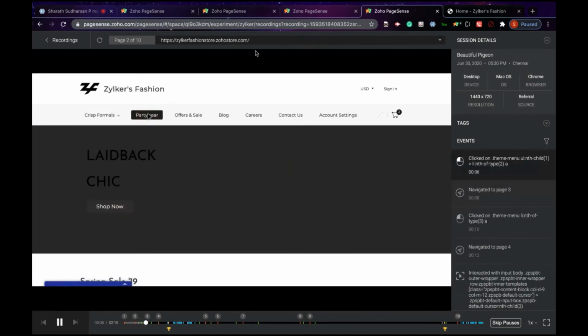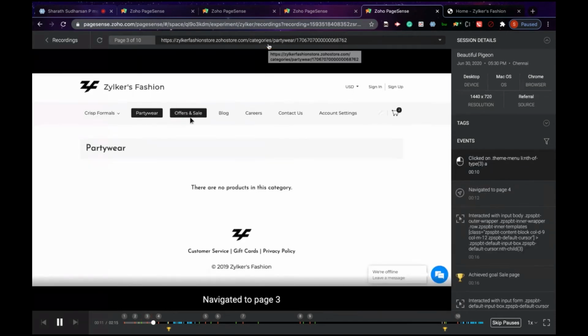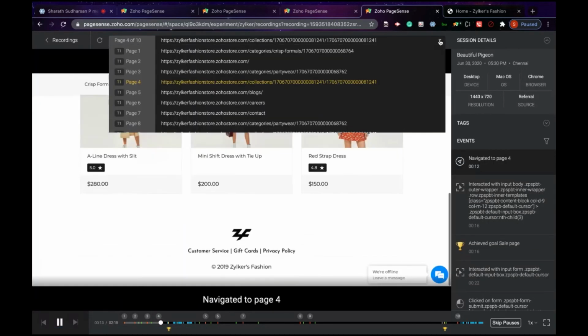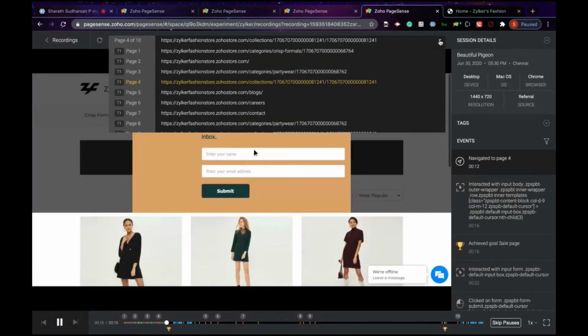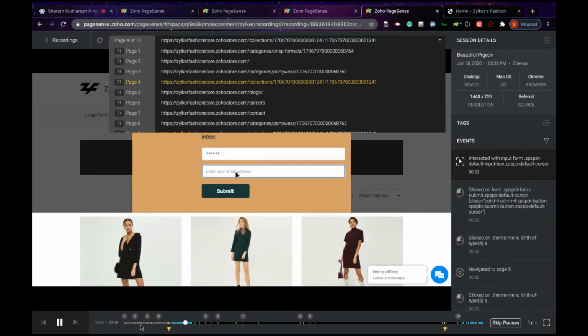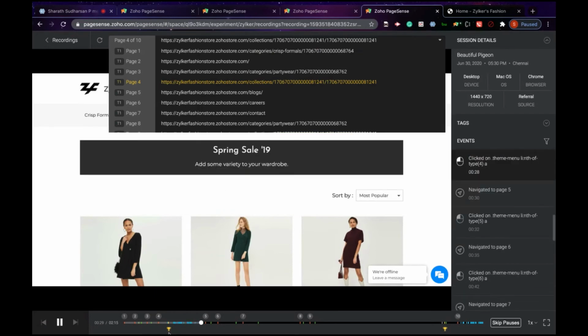In the top bar, you will see the number of web pages the visitor has navigated through, and by clicking the downward arrow at the end, you can see the URLs of all the pages in the order in which the visitor navigated through them. The bar at the bottom provides details about the goal accomplished by the visitor coming to your site.